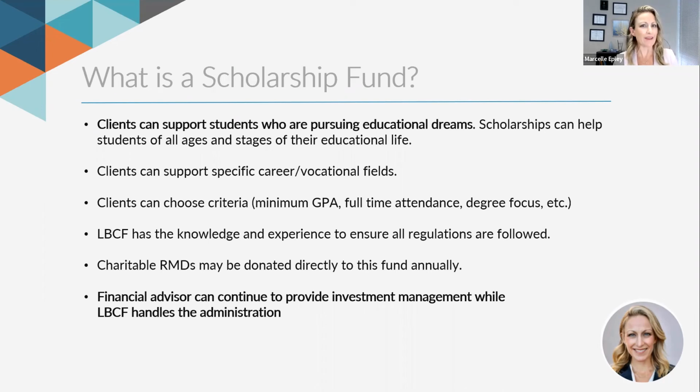So remember, he gave $100,000 to a charity, to us, at Long Beach Community Foundation. Once it comes to us, he's got a tax receipt for $100,000. The $4,000 that's being distributed every year from the endowment, that's just money that's going out. But Mr. Lee and Mrs. Lee's role now is out of it. They're done. And Tony, did you want to add to that? Because I see you typed in the chat there.